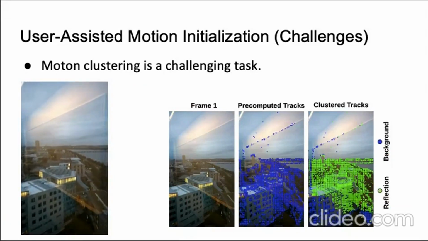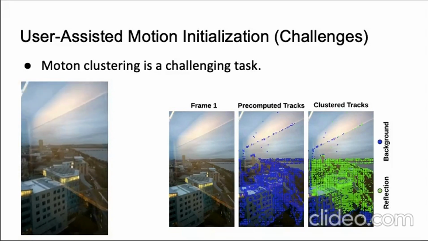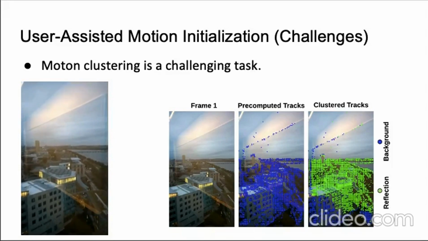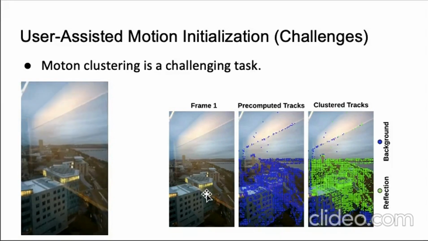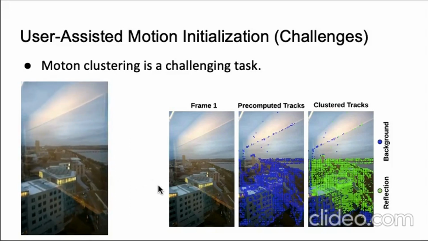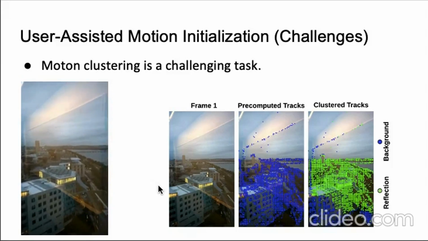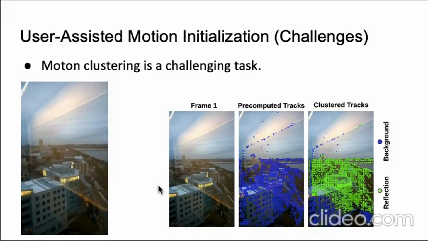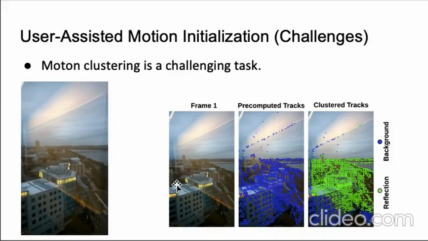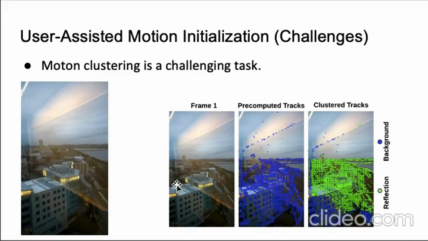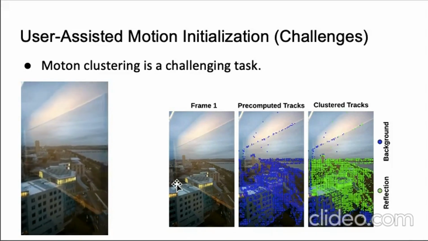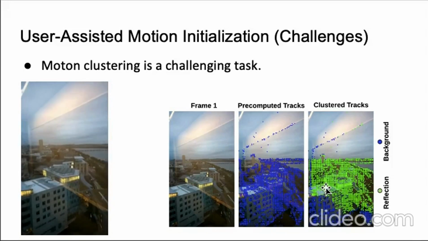The next challenge in user-assisted motion visualization is motion clustering. It's a really challenging task. For example, if we look at the following video taken inside a building behind the window, you can see the reflection from objects inside the building appearing on the window. If we take a snapshot of the pre-computed tracks before clustering and the clustered tracks using the k-means clustering algorithm,